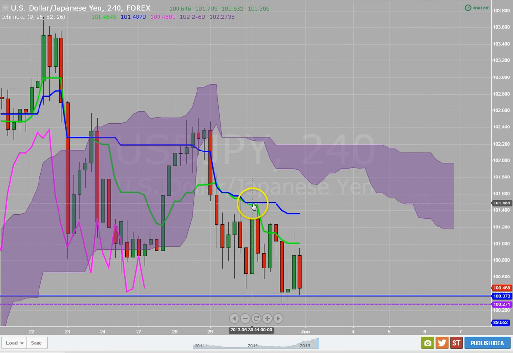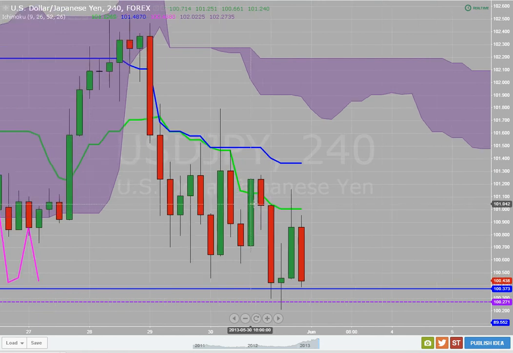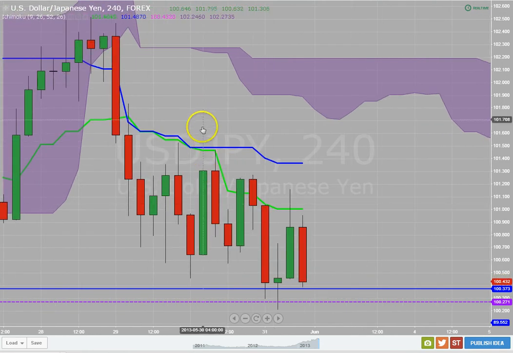If you wait for the end right here, you still would have been. You see this pullback all the way up here and went way up here, way past the Kijun-sen. But then you see it close way down here. Here's the thing that you really, really would love. You see this long wick here, we couldn't break the Kijun-sen level, right?